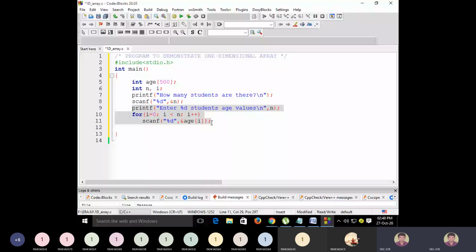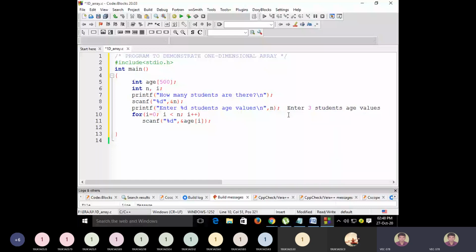For example, just see here. When this message is displayed, enter 5 students age values, I am talking about only this line on the screen when the program is executed. For example, I'll take only 3 students. Enter 3 students age values.